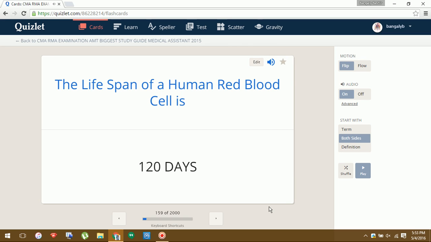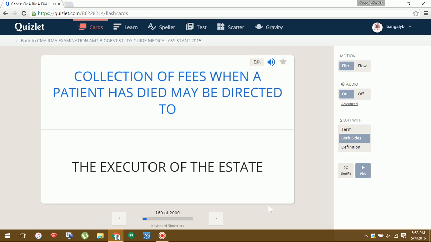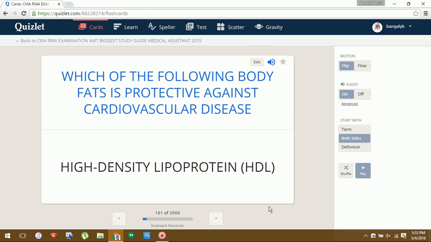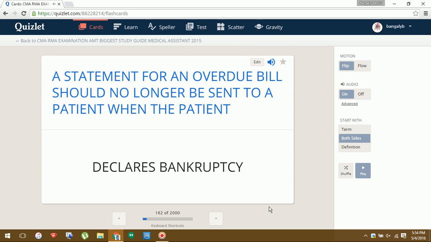The lifespan of a human red blood cell is 120 days. Collection of fees when a patient has died may be directed to the executor of the estate. Which of the following body fats is protective against cardiovascular disease? High-density lipoprotein. A statement for an overdue bill should no longer be sent to a patient when the patient